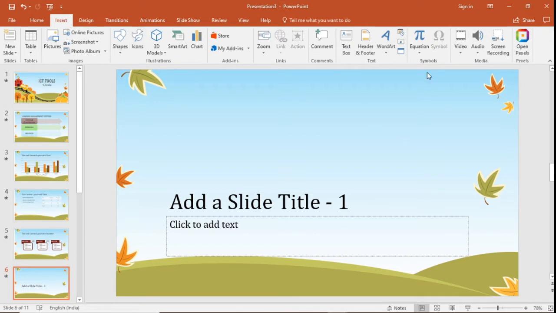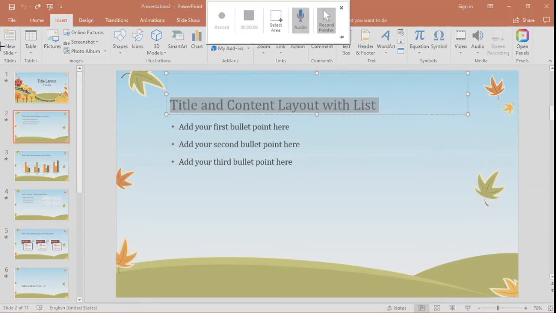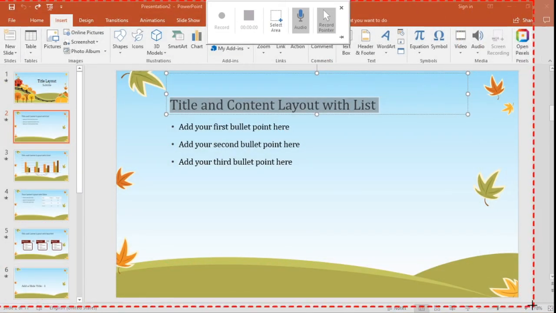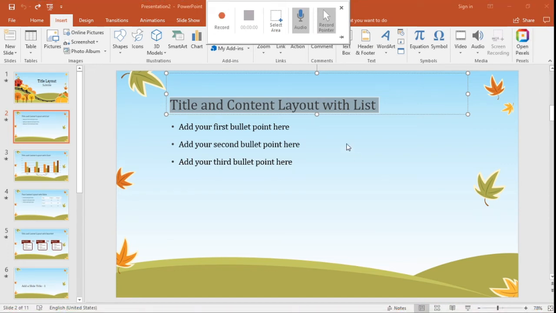And one more thing is, instead of having any screen recording applications, like I use OBS to record my videos or we use Screencast-O-Matic to record our screen, that feature is available in PowerPoint itself. So if you click on insert, we have an option called screen recording here. So click on the screen recording. It will ask us to select the area which has to be recorded. So for example, I select the area which has to be recorded for me. So I selected the area and click on record.